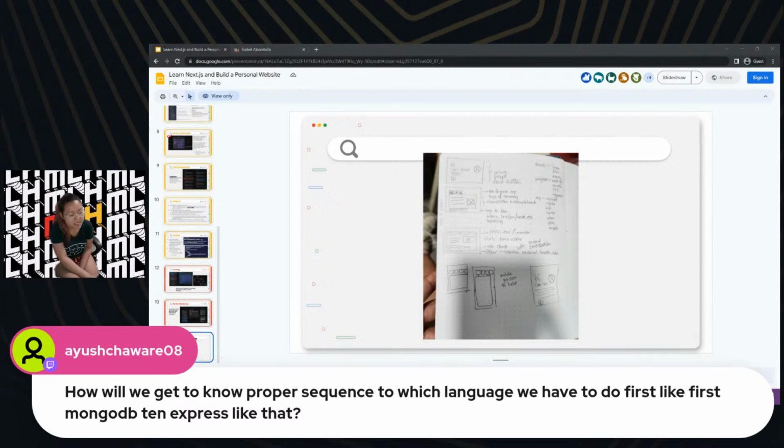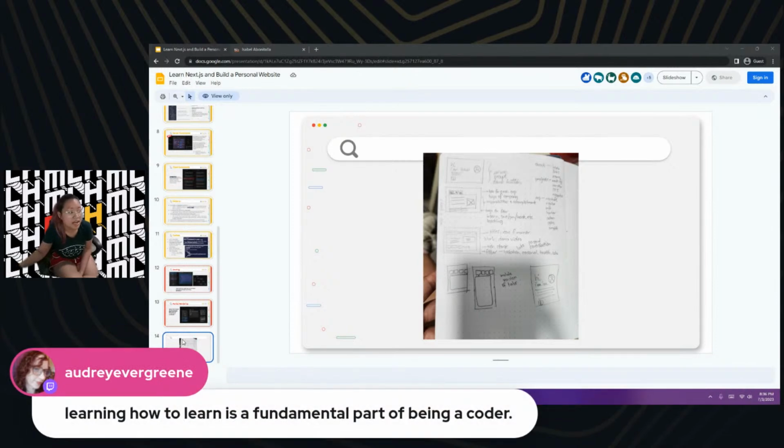The more you learn on your own, the more you know how to learn on your own. Learning how to Google stuff, learning how to debug, learning how to look for good resources, learning how to find good explanations becomes easier as you practice, as you get along. Learning how to learn is a fundamental part of being a coder. I do agree with that. I found that in the times that I've helped other coders, in the times that I've mentored other students,